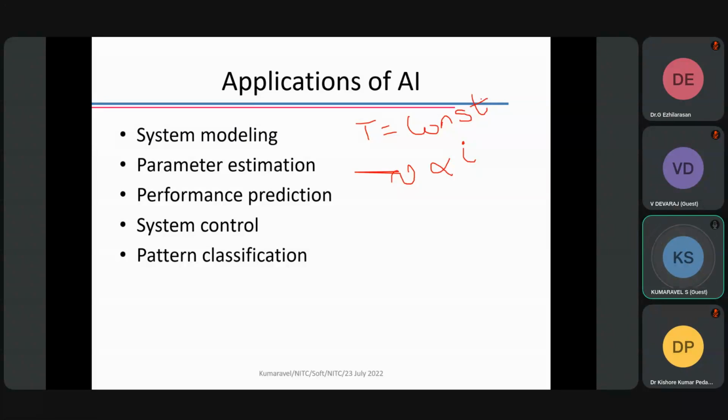Clear? Because if you take a system with 90% efficiency, it will always dissipate 10% of the energy as heat. With that heat, the temperature keeps on increasing. The temperature will never be a constant factor in any of our electrical circuits. Whatever mathematical equation you are writing, it is practically invalid. Why? Because temperature will never be constant.